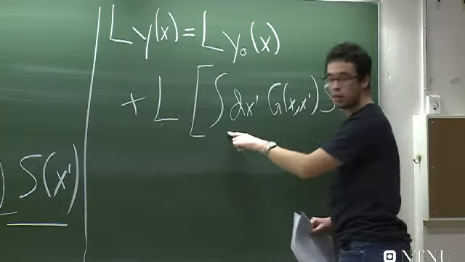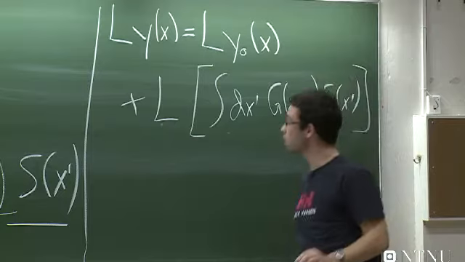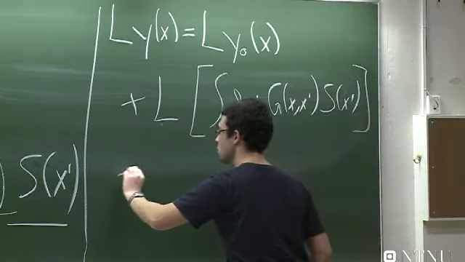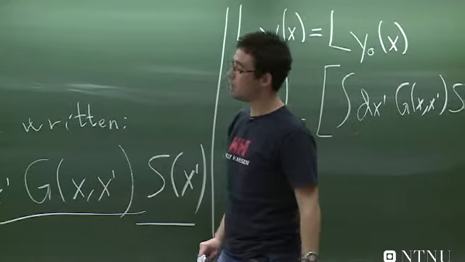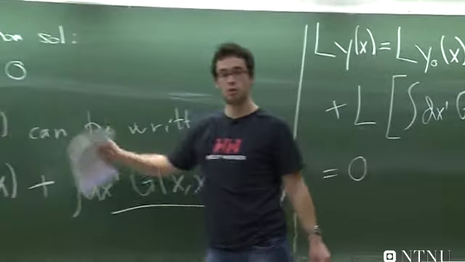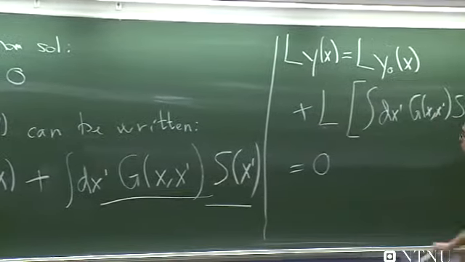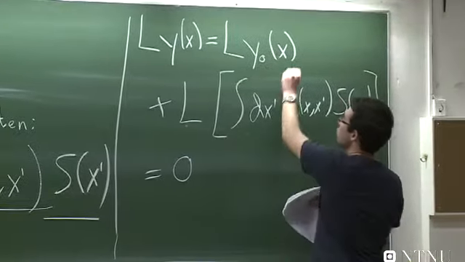I can move this inside the integral because it's a linear operator. So the first term is 0 because it's a homogeneous solution. By definition, it fulfills the homogeneous equation. So I get a 0 from that term,